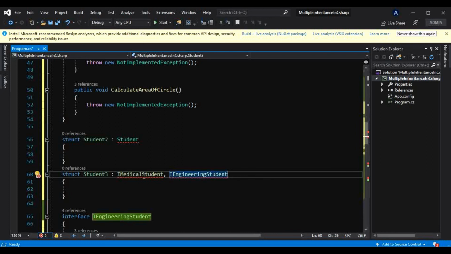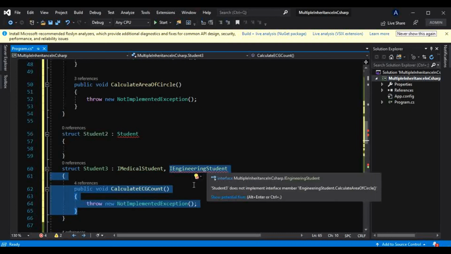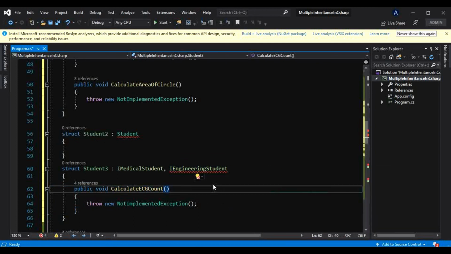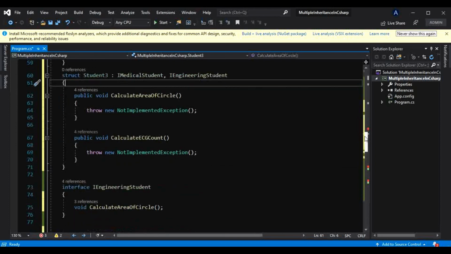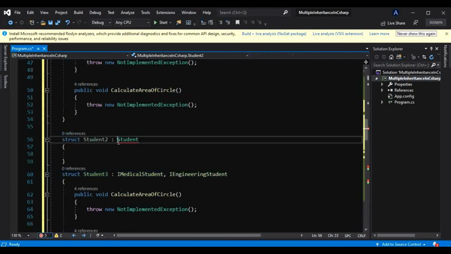If I implement that interface, and similarly this interface as well, so it is good. It can inherit from multiple interfaces, but it cannot inherit from an abstract class, neither a concrete class.